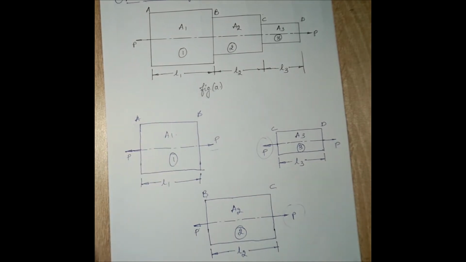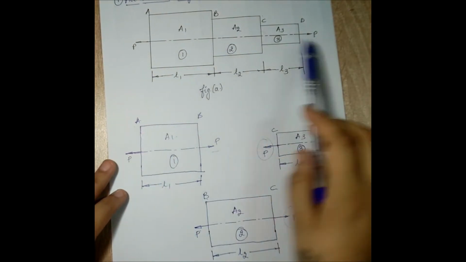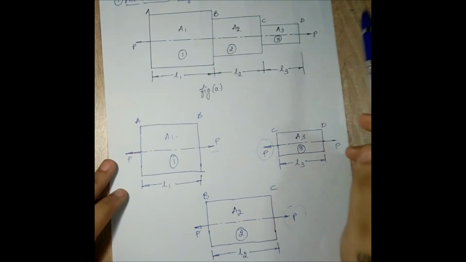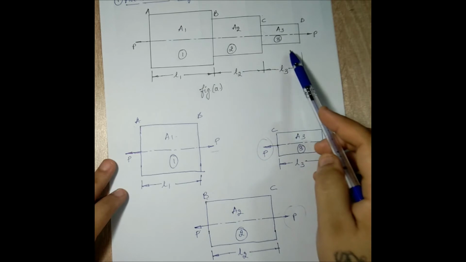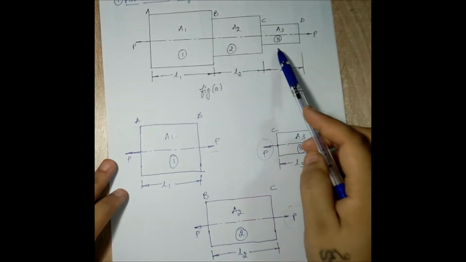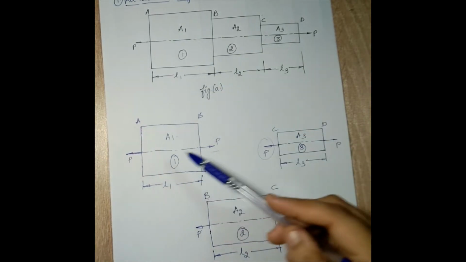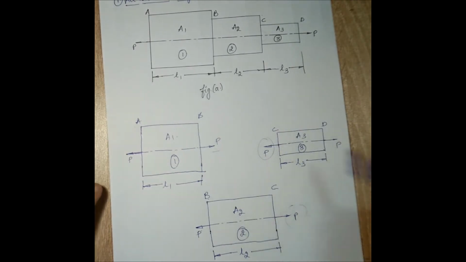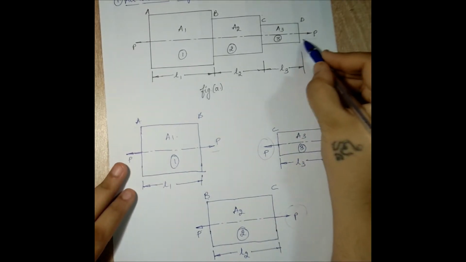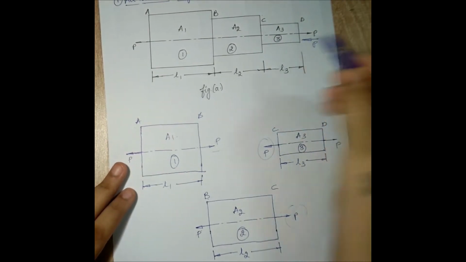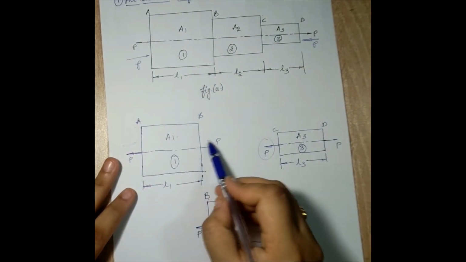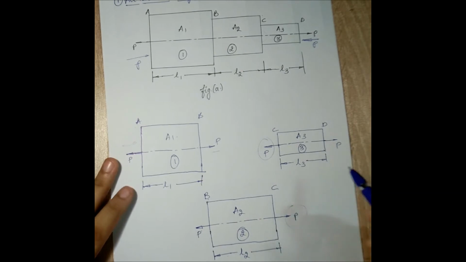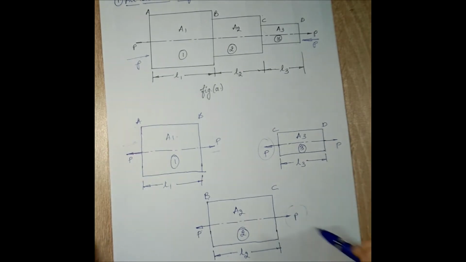Otherwise also a very simple technique is, since my bar is only under tensile effect, which means all the individual bars are going to have an increase of length, which means there will be some elongation, so I will have to show tension on both the sides for all the bars. If this would have been a compressive type of load, say of this type P, then here the only change would have been the direction. So all the bars will come under compression effect. Right now all of them are under tensile effect.